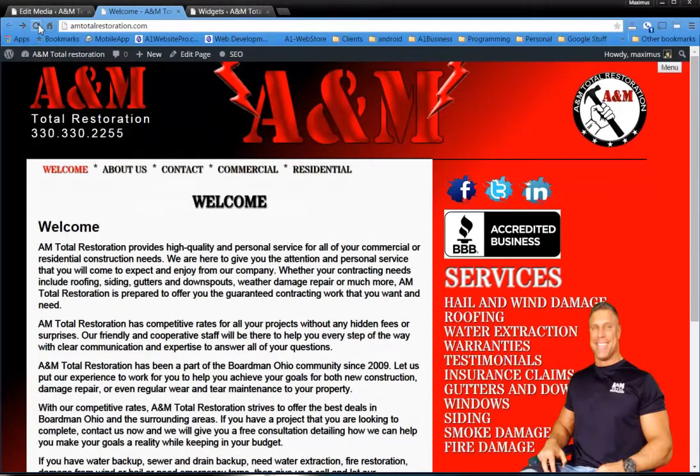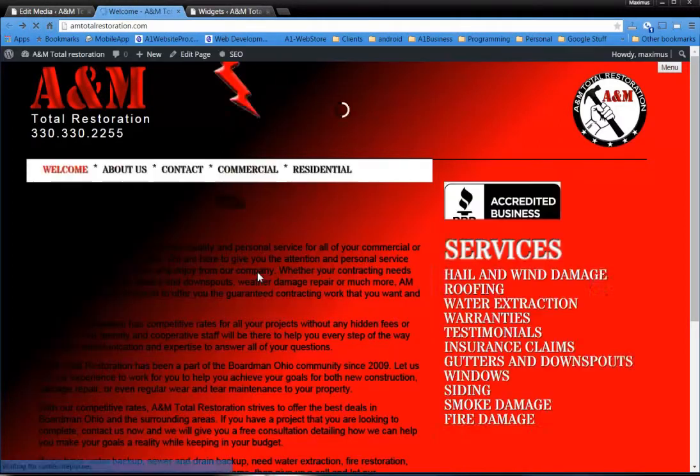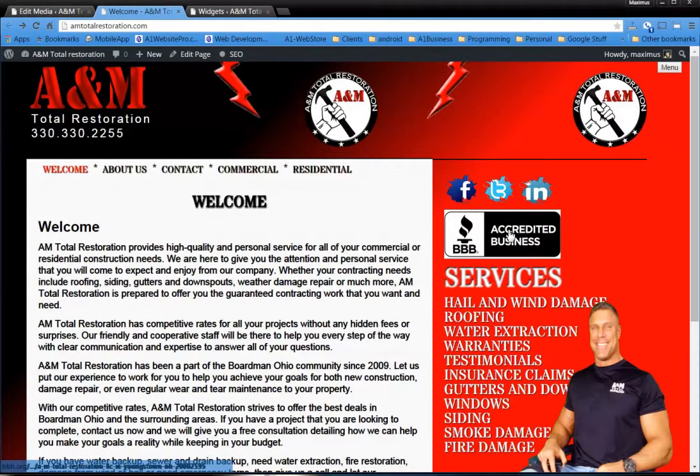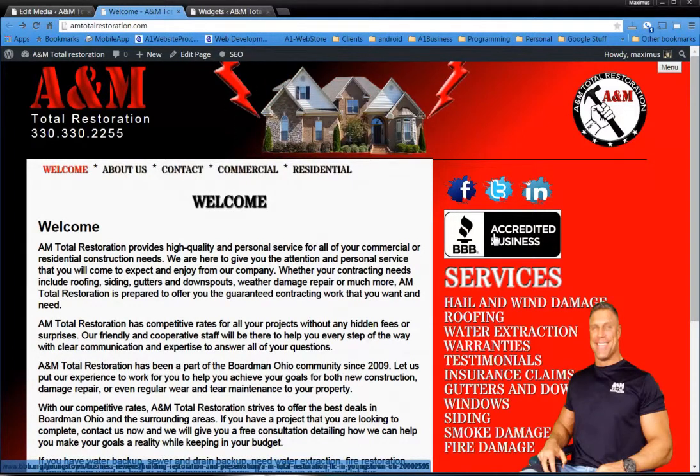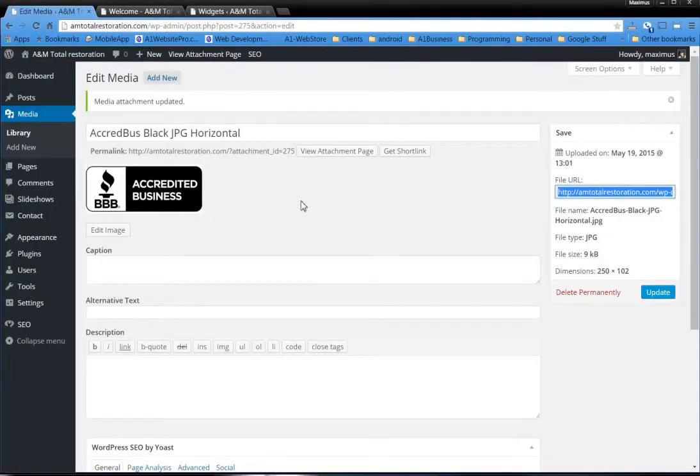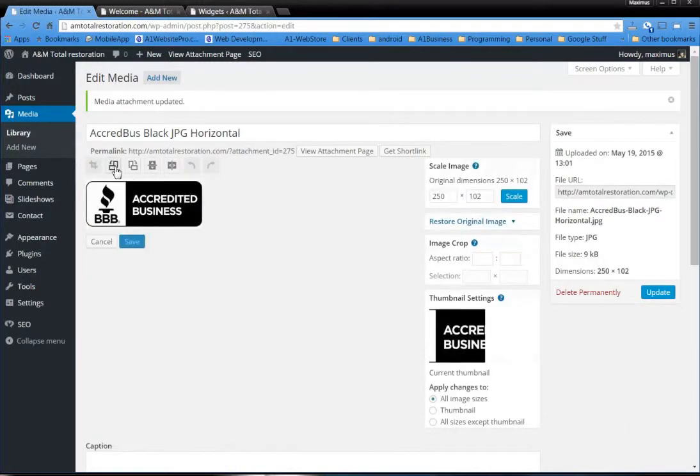Now, when I refresh amtotalrestoration.com, this front image is exactly the size that we needed it to be, 250 pixels. Okay? Now, there's a lot of other things that you can do in the WordPress editor. As long as you're in this screen right here, click Edit Image, and you'll be able to,